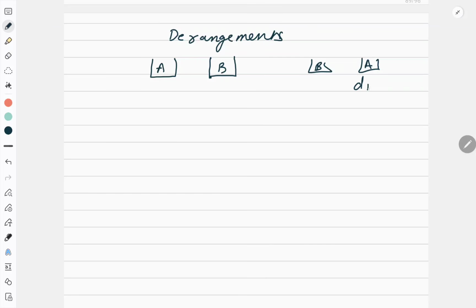So this can be done only in one way. So I can say that D2 is equal to 1. Correct? So now what is happening? This is what is called the derangement. If you have two elements, this is D2 basically. So D2 is 1. If you have only one person sitting, and if I want to do the rearrangement, then this is not possible. So D1 value is always equal to 0.